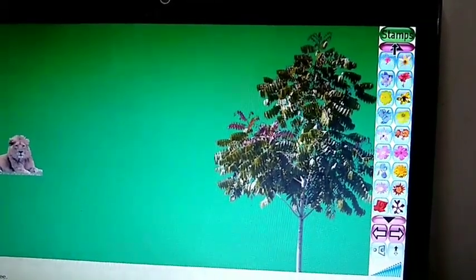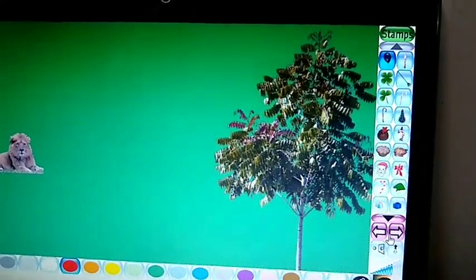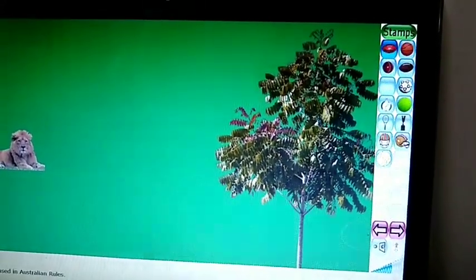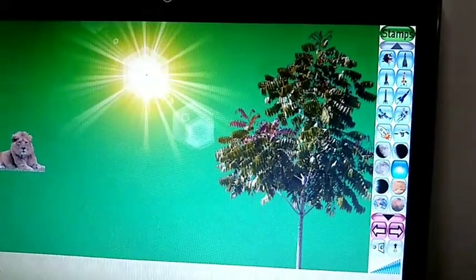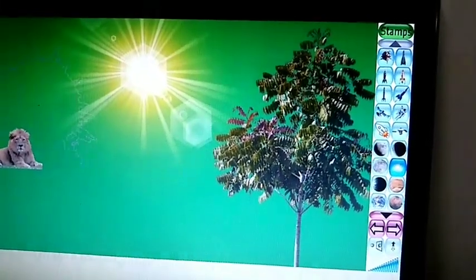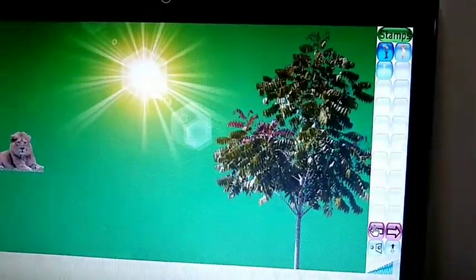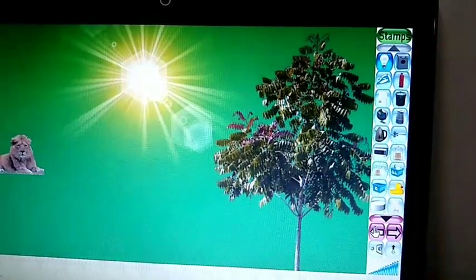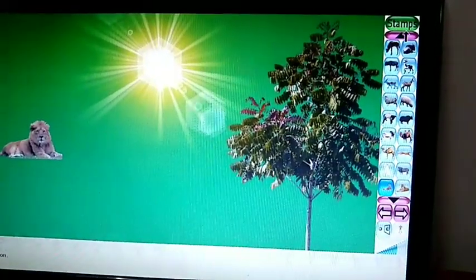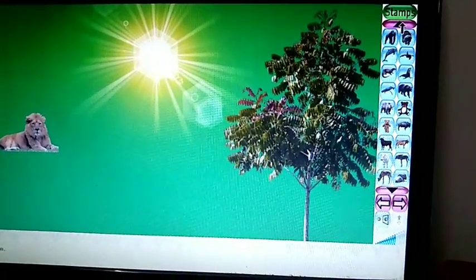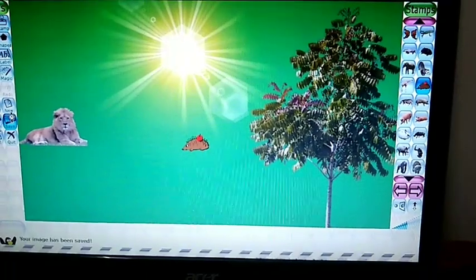Like this you can choose the tree. You can choose sun also from here. Like this. Now again save this third scene.